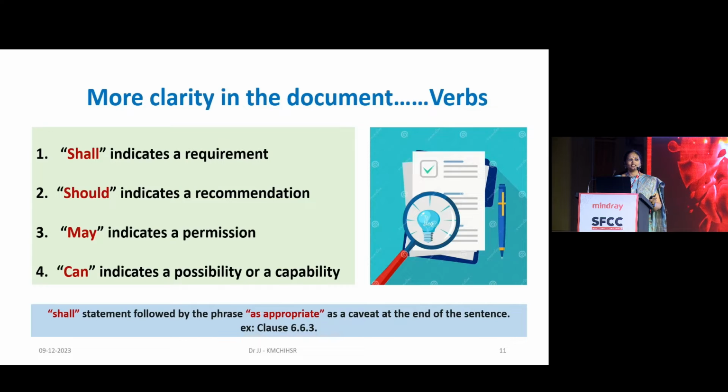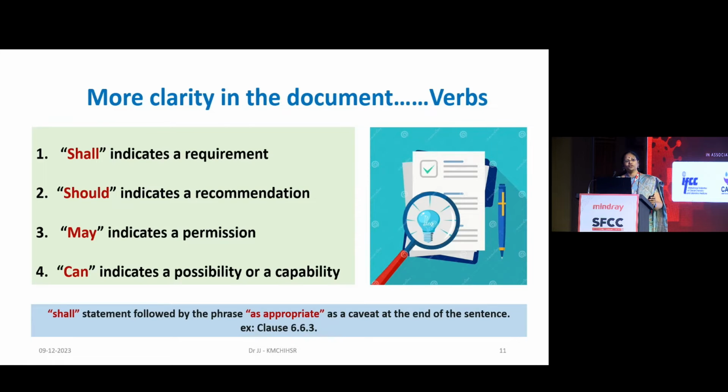It does not say that for everybody, it should be "shall" only. Like I mentioned to you, when it says "shall", it should be a requirement for sure. However, this "shall" does not mean that it should always be so. So there should be, as appropriate to the situation for the testing that is required, it may be applicable. I've just added one of the clauses as an example, 6.6.3, where it would come at the end. Okay, so that it's been added to those.